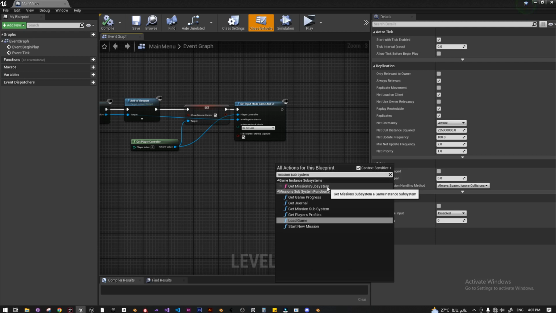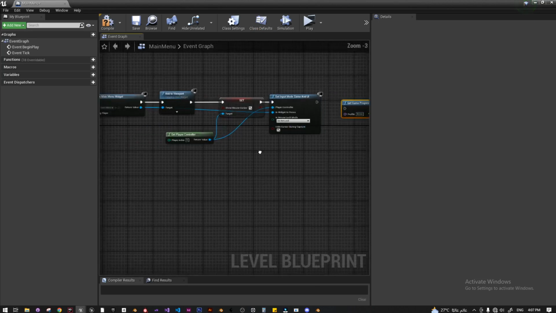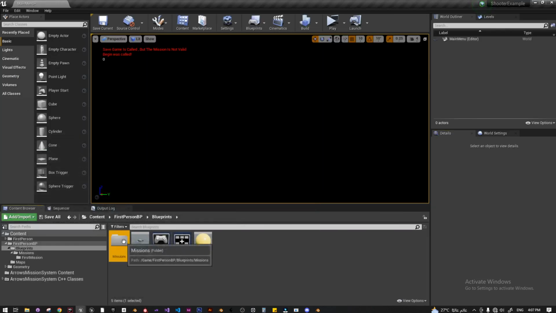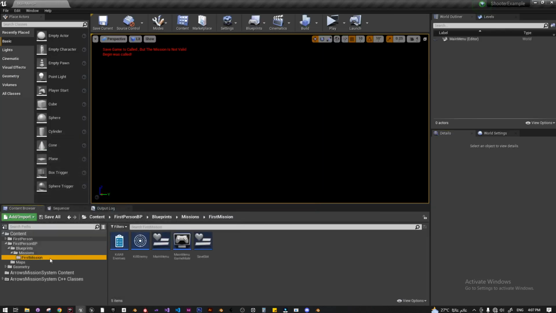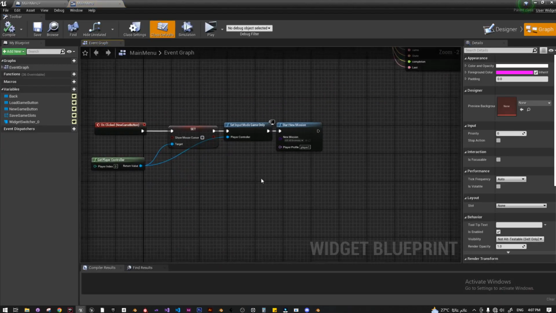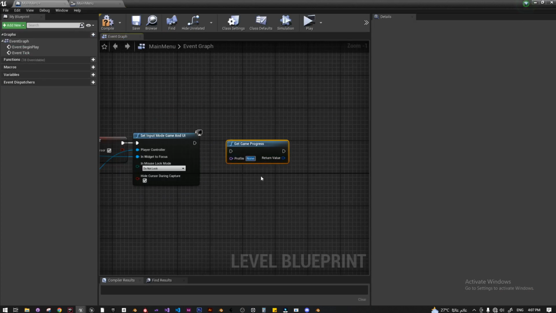I need to get the journal, or not the journal, but the game progress for a specific profile. The profile I used, I think it was player. Going to my widgets and copy the name for the profile I used to play the game. So I'm going to get this one,